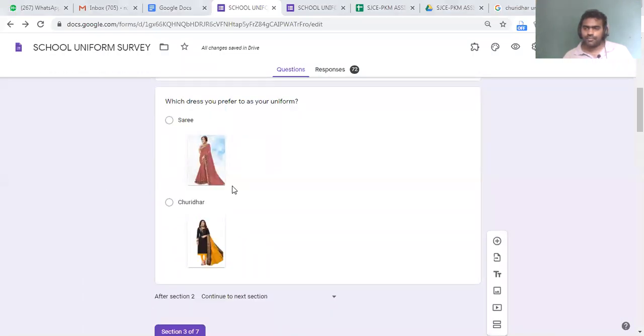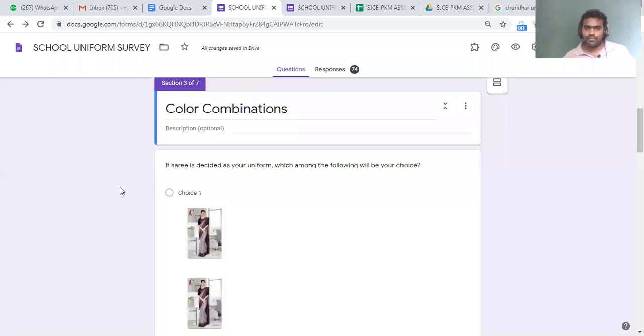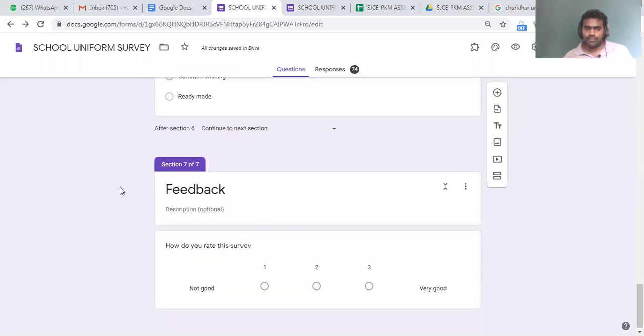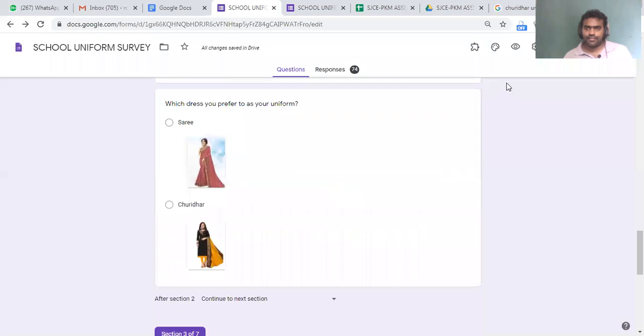Sir, like we have a next button, can't we get a back button to make changes? Back button is not there? No, we are getting only the next button.